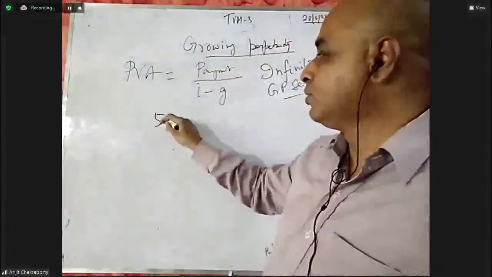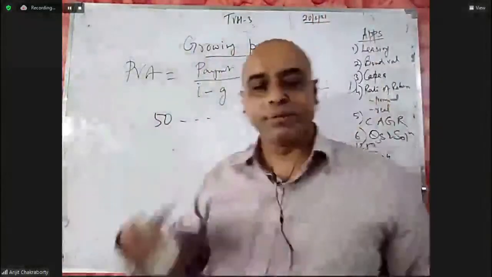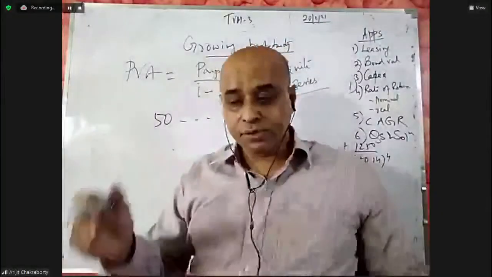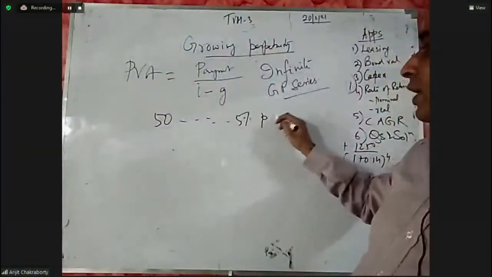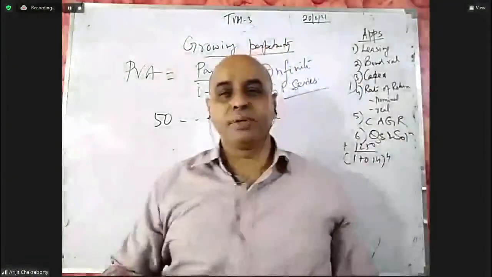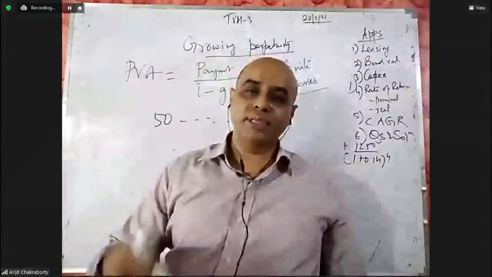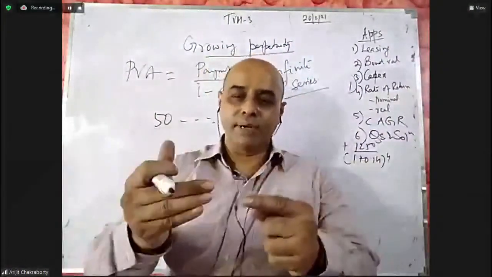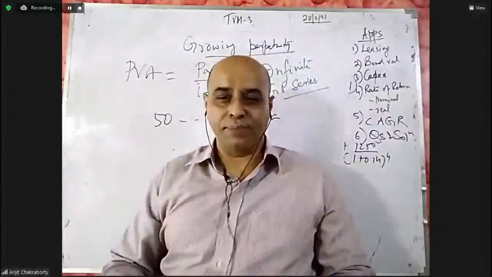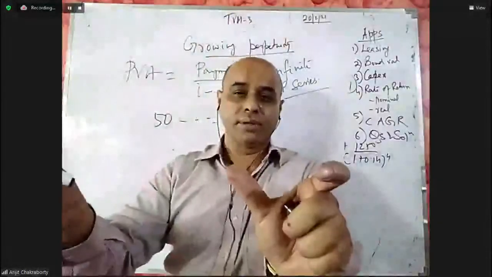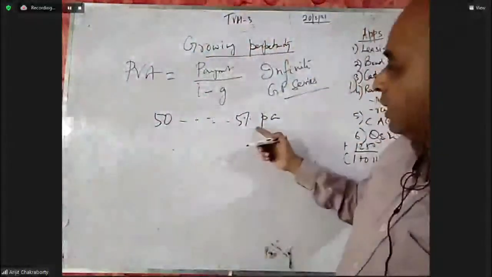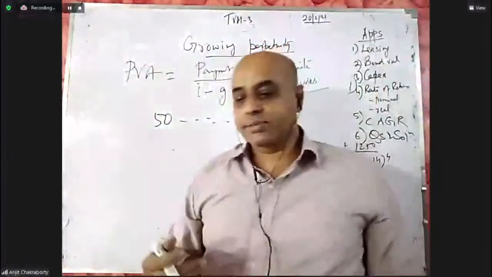So the payment you want to receive is rupees 50 every period, but the 50 rupees will grow at 5% per annum. So first year you get 50 rupees. Next year you get 5% of 50 as an increment, so you get 105% of 50. Okay. Next year you get 105% of that increased amount. So it goes like that. If you want to get this type of cash flow stream,